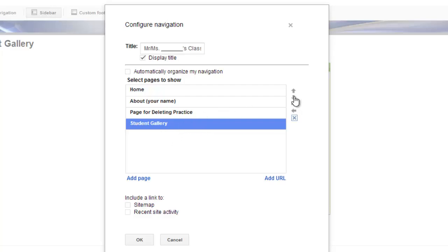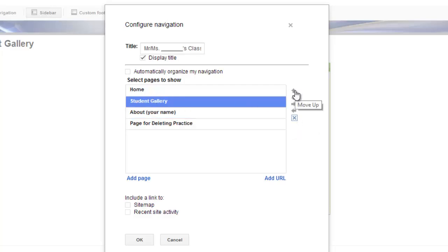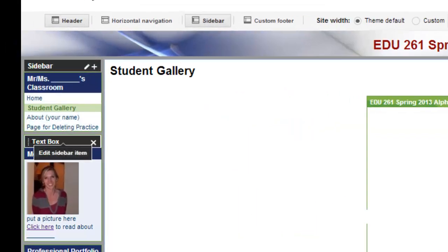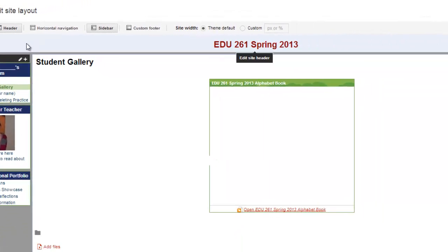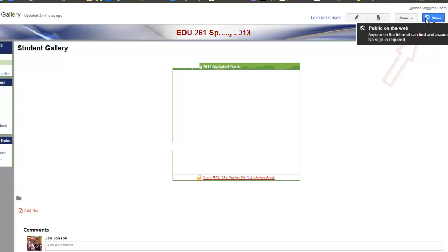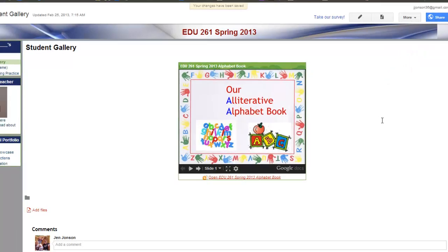If I wanted it up higher, say I wanted it above my About the Teacher page, I use these arrow buttons over on the right to move it up and down. When I'm happy, I select the OK button, and now I can see that link appear in my navigation. Now before I can do anything else, if I'm done editing the site layout, I need to close this editing view of the entire layout. And so to do that, find the blue Close button at the top,